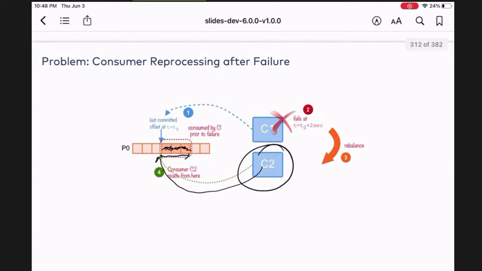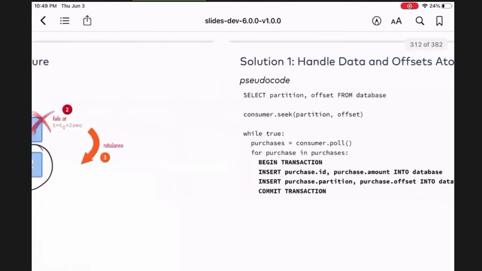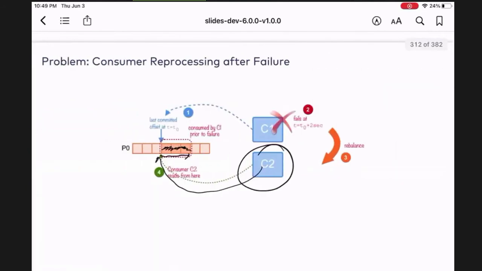Or you can do what they say when they talk about leveraging idempotent writes. That means you can write many times, but it's not going to change anything in the sink system. Again, I think we have some good examples of this in some of our GitHub code and other places. But for now, just know that this is a possible scenario that can happen.